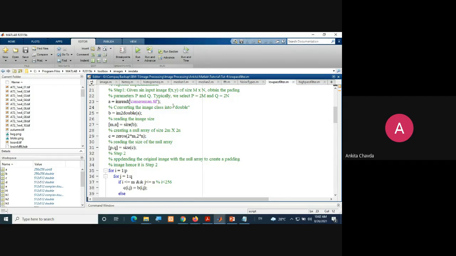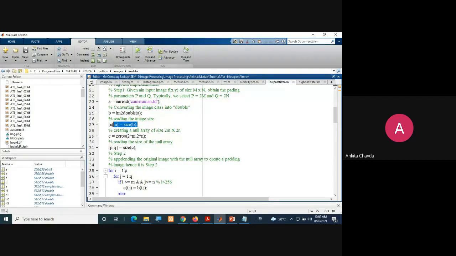Now I am converting this image class into double. Why? Because whatever image I create, that image data type would be by default double. So I want my original image as double as well.